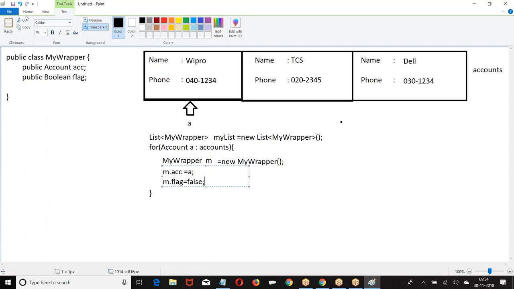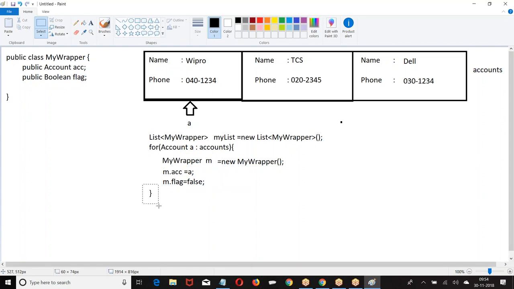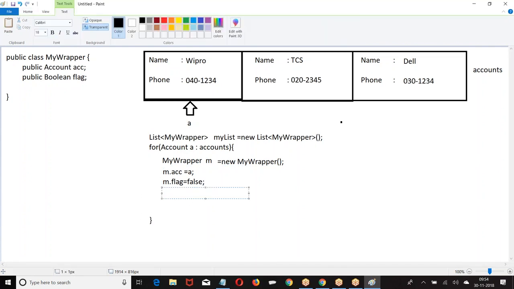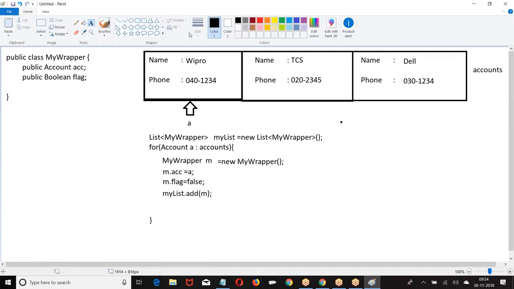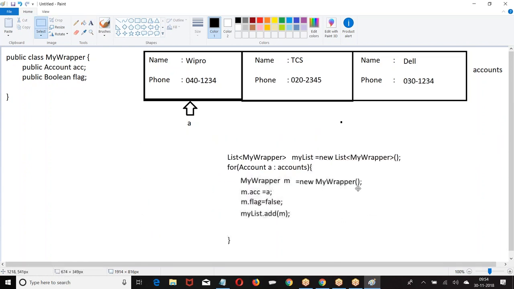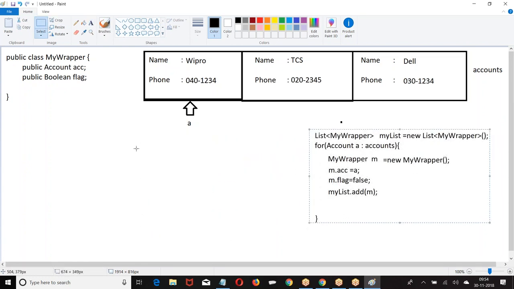then put them in a list. Then I told myList.add. Then I am creating here, then what happened? My list first.